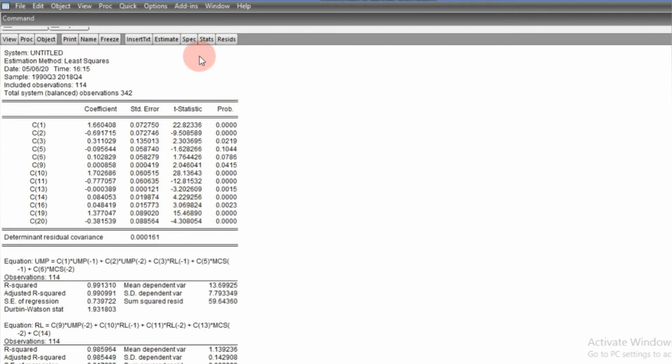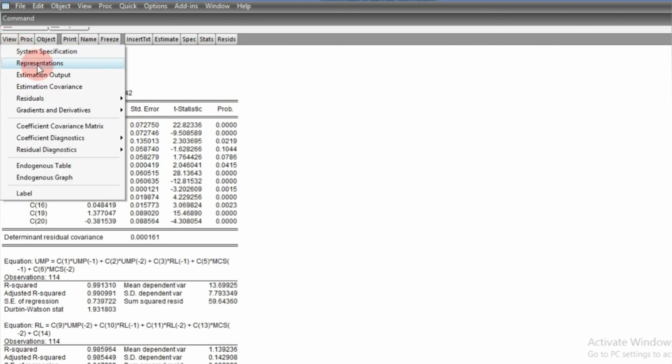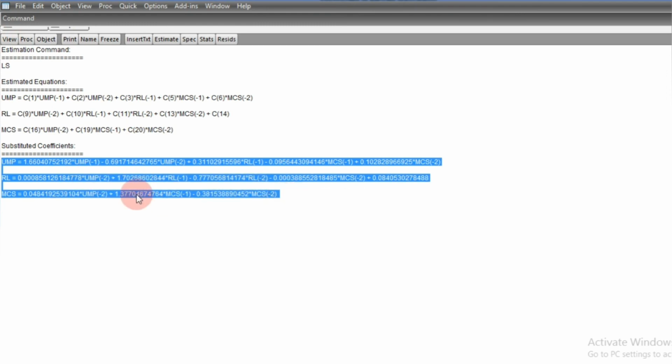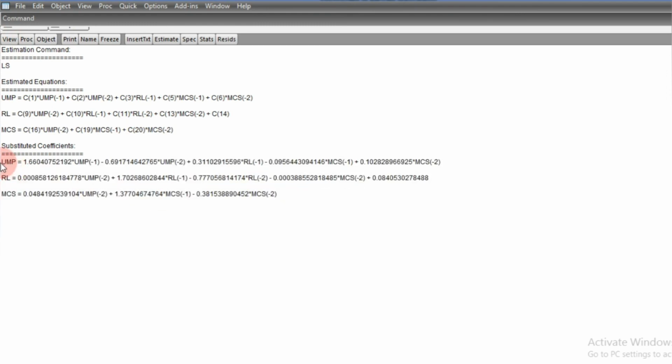Now, what else do we do? If you like, you can go into representation of this result by going to view and moving to representations. So what can you see here? Look at these substituted values, coefficients, and of course based on usual OLS interpretation of results, you can actually interpret this result.